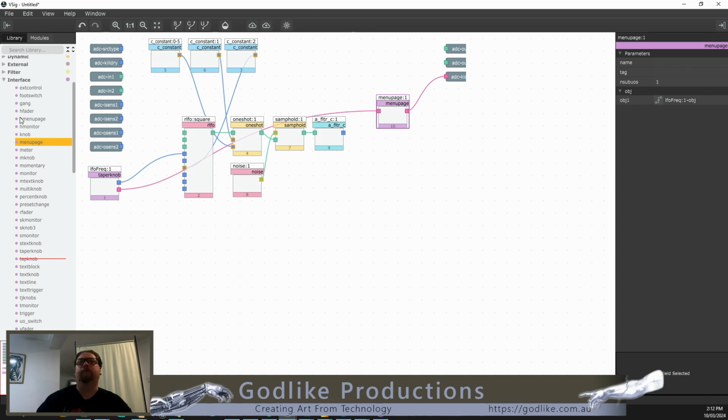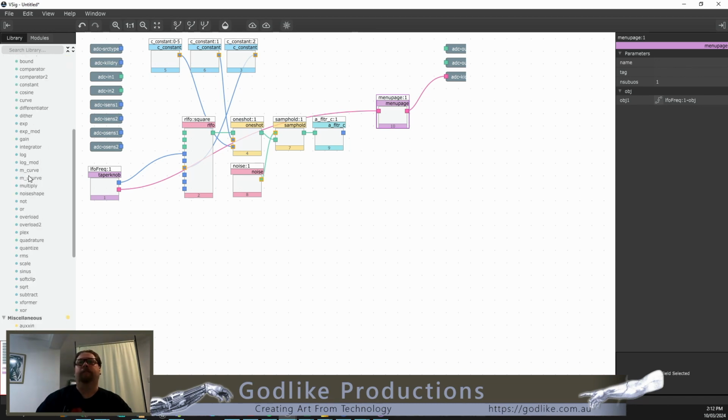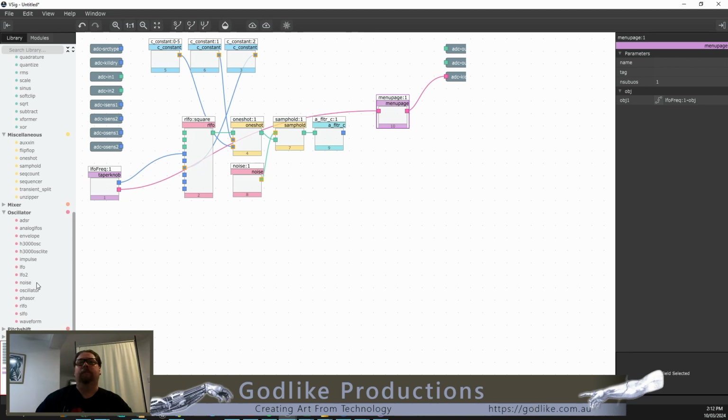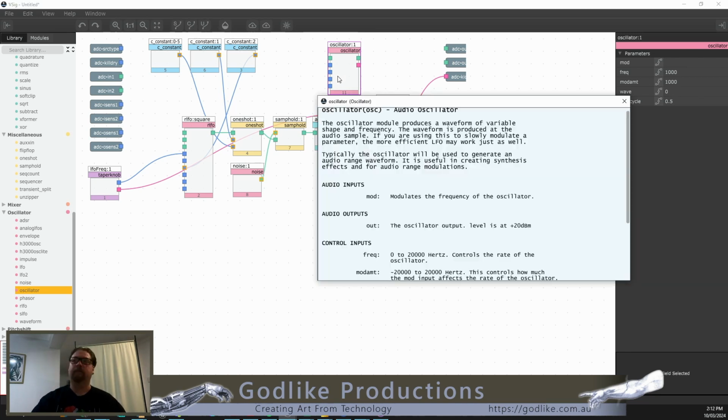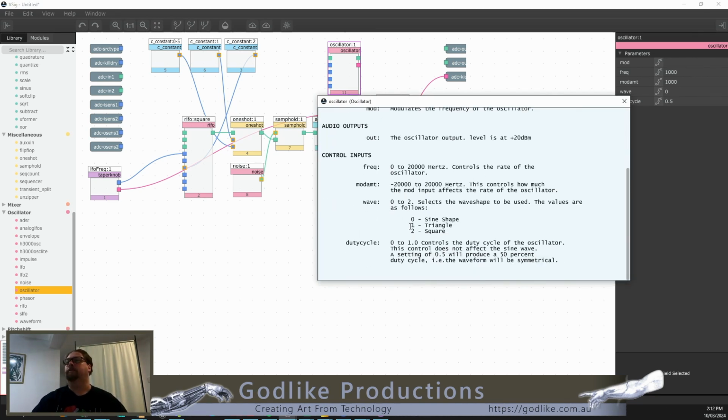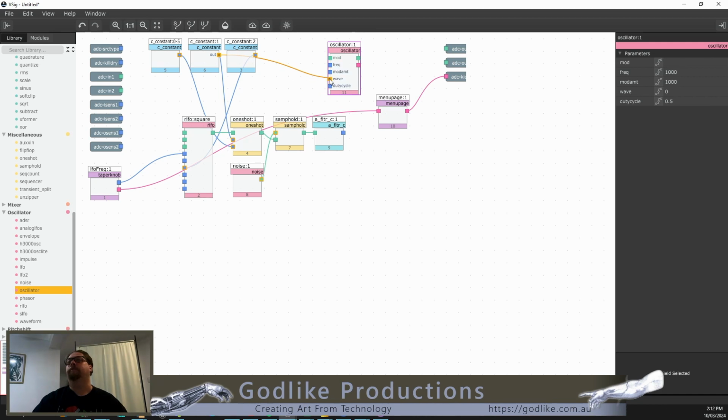for example, just put an oscillator in here. So let's just throw an oscillator up here. Okay, we've got the frequency of 1000 Hertz and a mod amount of 1000 Hertz. And let's just see what our waveforms are. Sine is probably going to be a bit boring, so let's do a triangle wave at 1. So we've already got the 1 constant, so let's put that into the wave. And what we can now do is that we've got a mod amount here, so we can take this sample and hold output, pipe it into the mod amount,